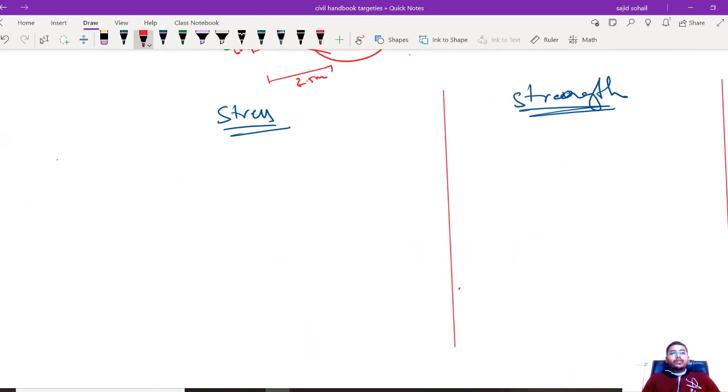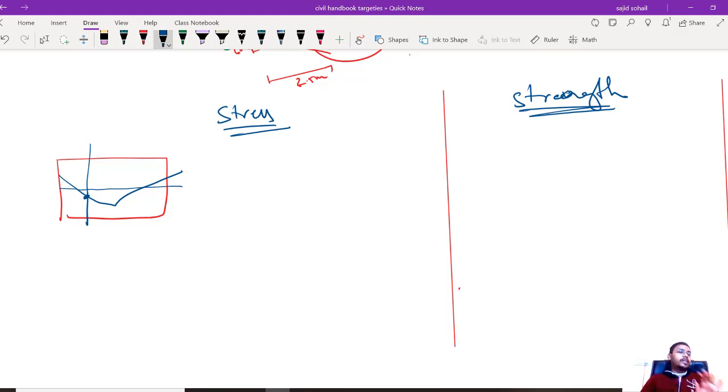I hope you all remember what the stress concept was. It was very simple. If you have some profile like this, and you want the stress at any particular section, what you have to do is first find the eccentricity at that particular location, and whatever angle it is making, we ignore that. It is very simple. We just take it as P acting at that location at eccentricity E away from your neutral axis.